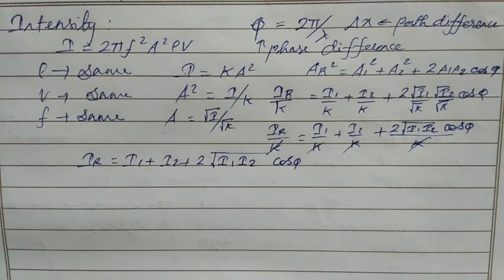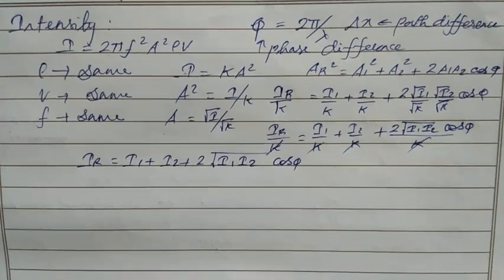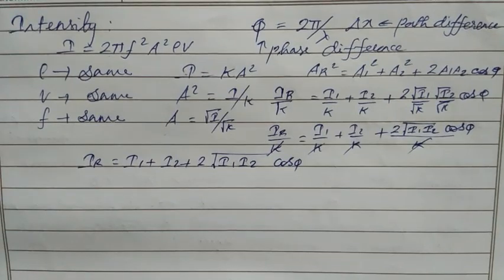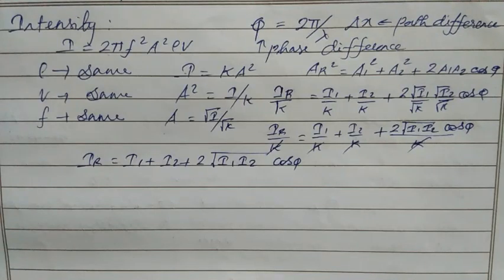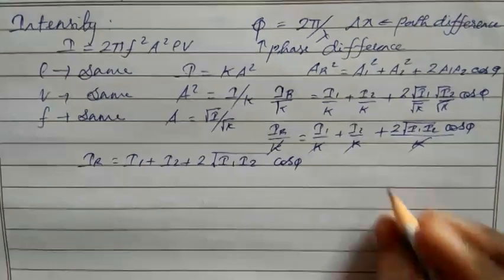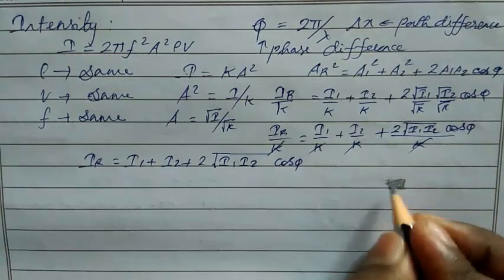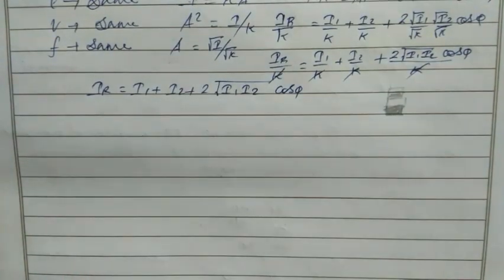We have two kinds of interference. When two amplitudes are added with each other, we say it is superposition, and we have constructive interference. If two are subtracted from each other, we have destructive interference. In constructive interference, we have a bright spot. In destructive interference, we have a dark fringe, and bright fringe like that. I will show you one video where we are seeing the next topic. You will understand it easily.